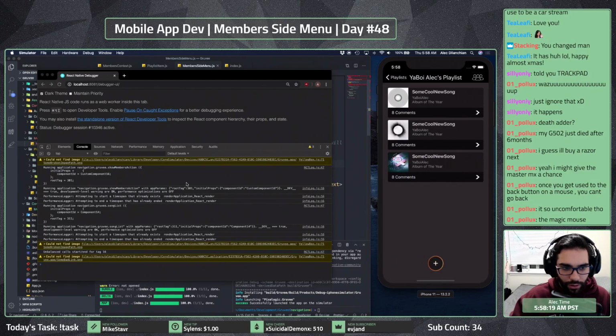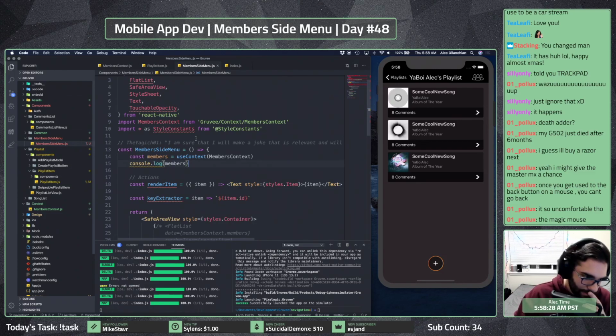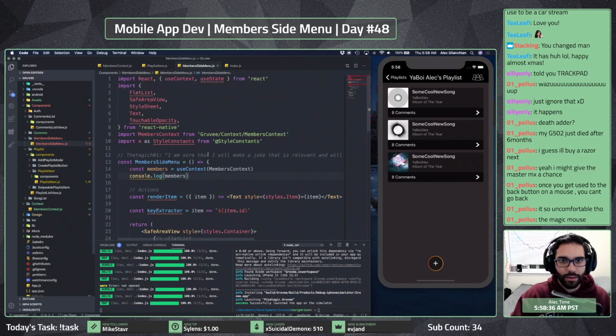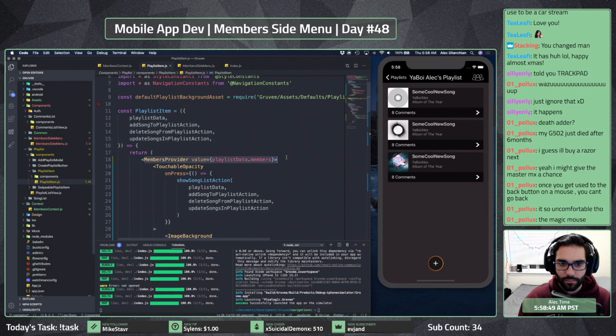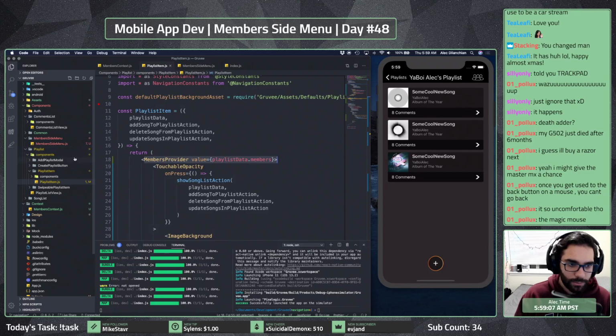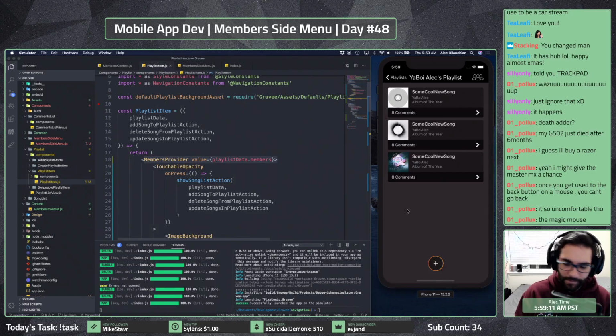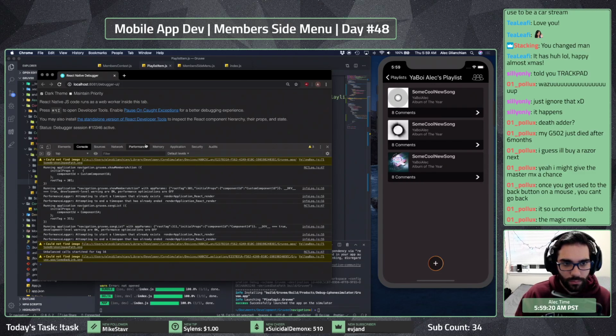Yeah, I'm really more along the lines of, I think we have to wrap that in our root, because our provider, this members provider, is probably not being used yet, or it's not wrapping the side menu, which is the problemo here.